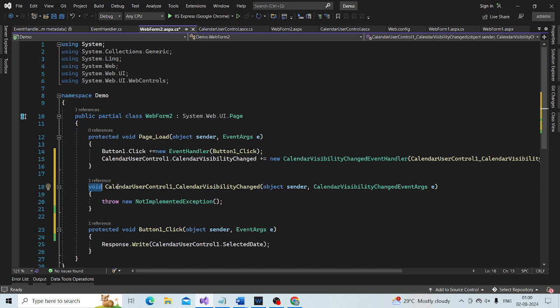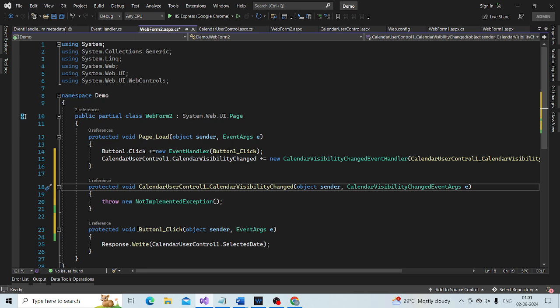Let's put protected in the method declaration so that it looks similar to the button click event handler.